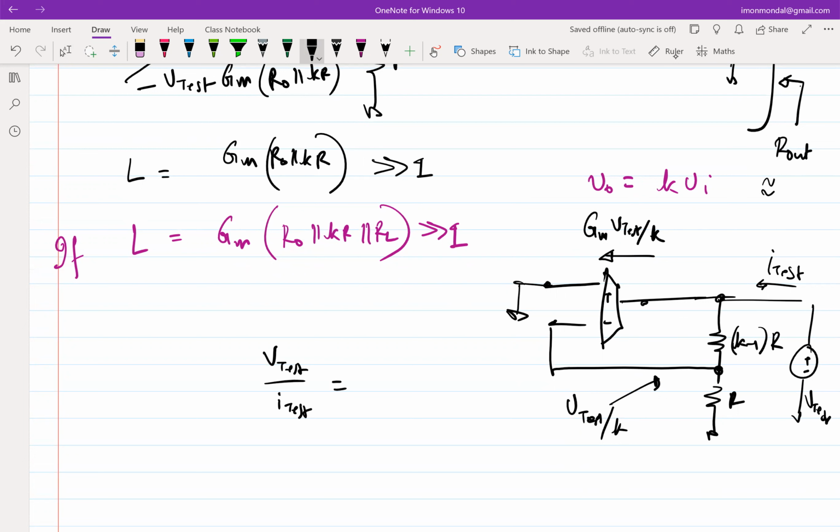So this is I test, right? This becomes I test, approximately. I mean, one can always argue that there is a current that is going through this. So there will be an additional term, right? If you have to be more rigorous, you can say that I test